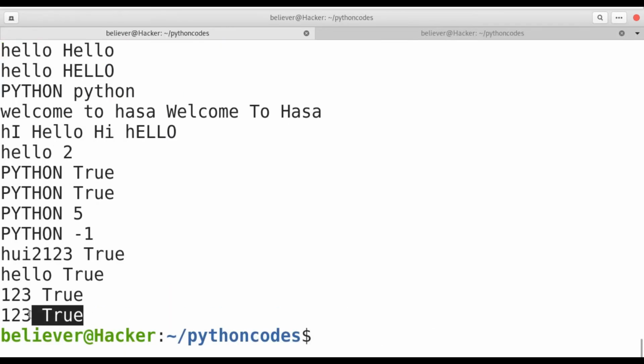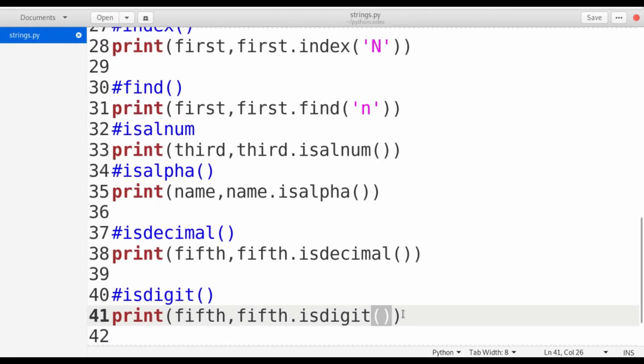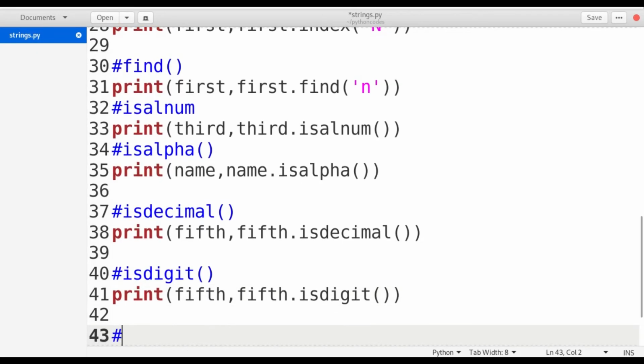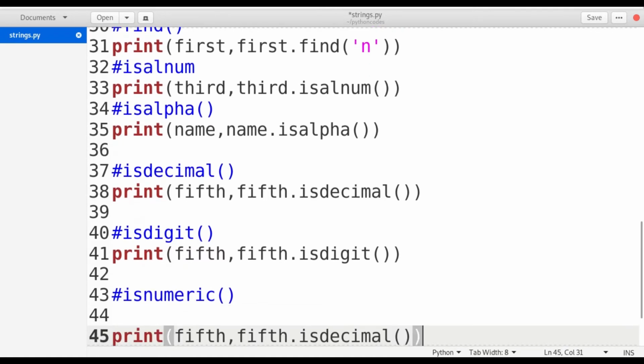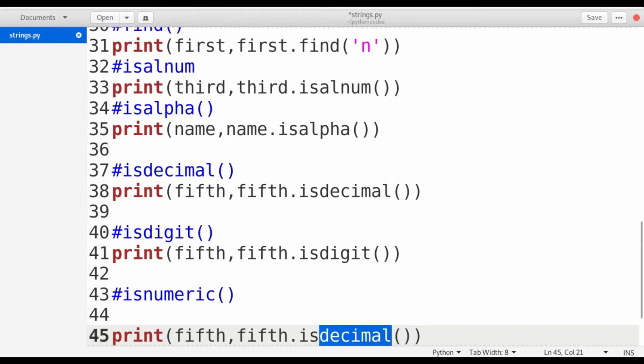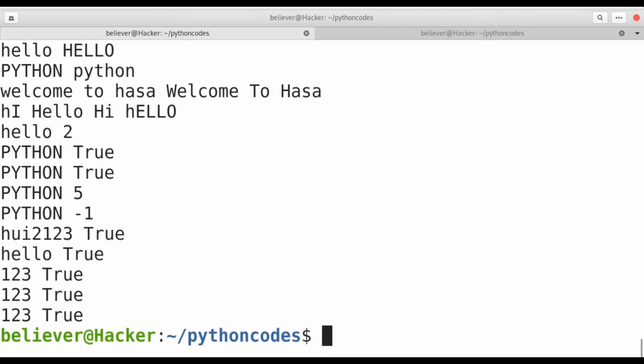If I run this, it also gives true. Next I'm using isnumeric, also applying on the fifth variable. If I run this, it also gives true.